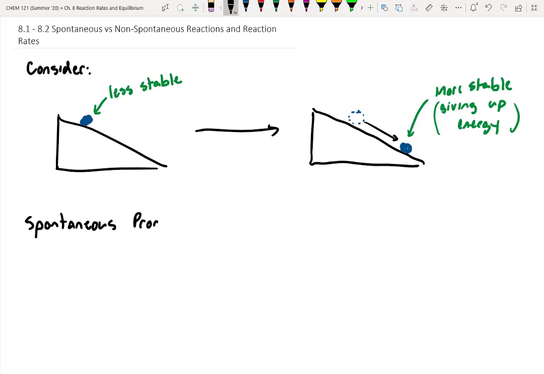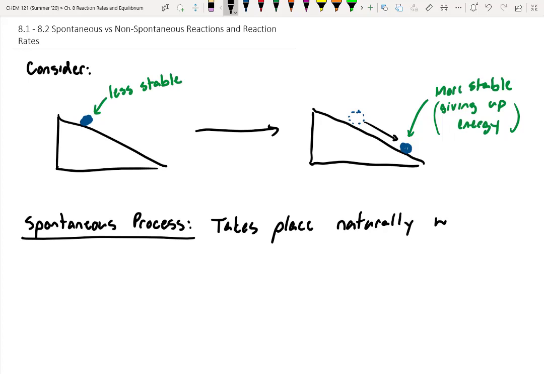I know it seems pretty simple, but it's going to get a little bit more complicated when we apply this to chemistry. But a spontaneous process is one that takes place naturally, without apparent cause or stimulus. Just like the ball rolling down the hill, right? All right, so let's get into the science terms for this,